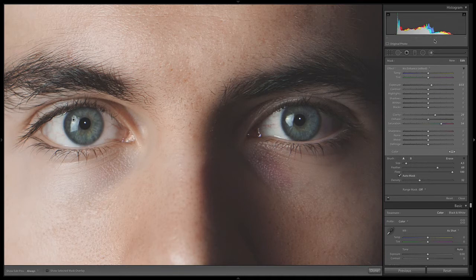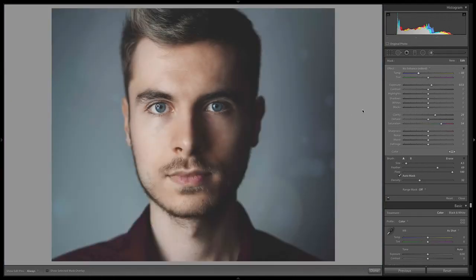If we want to make his eyes bluer, we can just take the temperature slider and drag to the left. Now it looks pretty blue right here, so you might want to zoom in or out. Pressing the Z key while we're using the brush tool is a good way to do that. Now we can play with his eye color here. That is how you enhance blue eyes. If you had brown eyes, you could just warm up the temperature. I've found that to work pretty well.